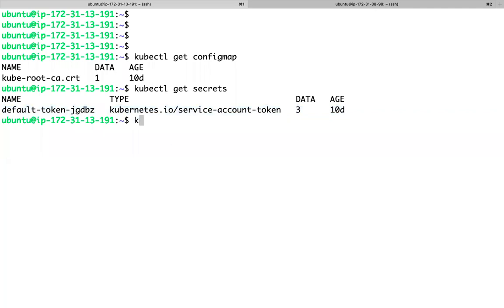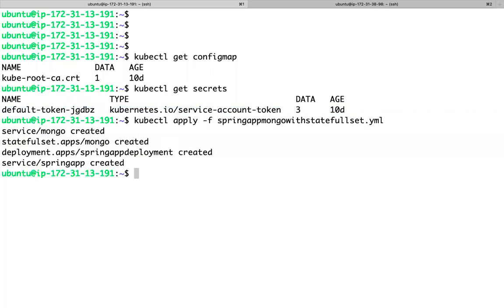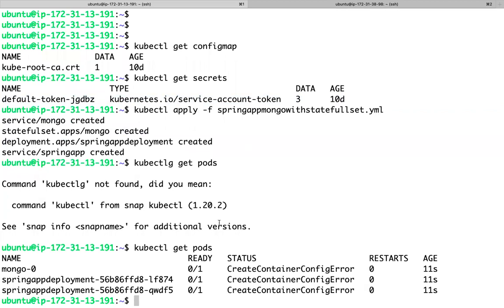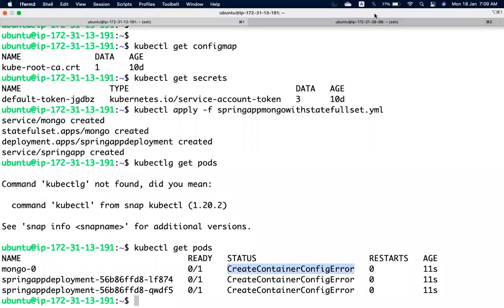Now let me apply this manifest. Now if you see, create container config error. Are our pods ready? Is it running now?